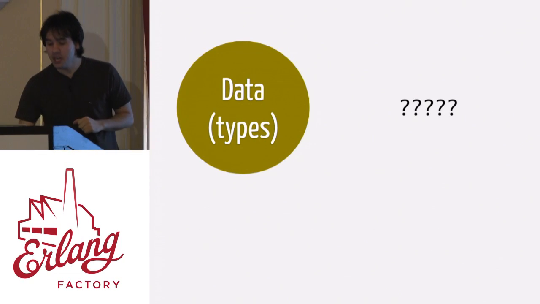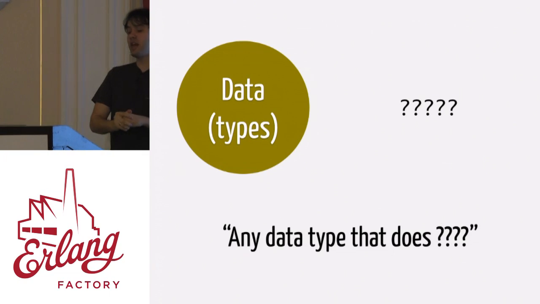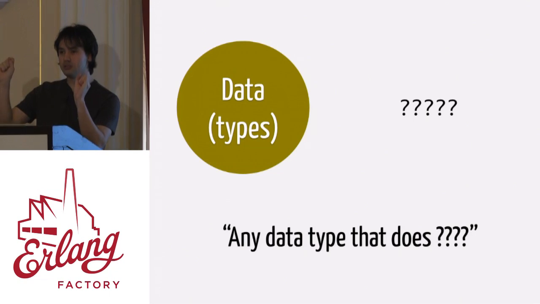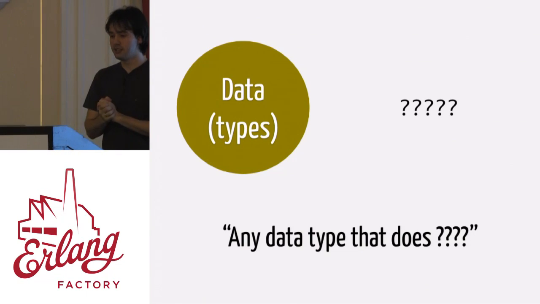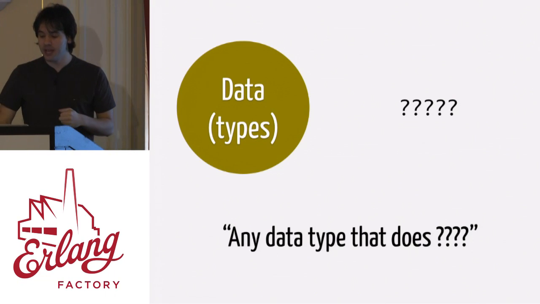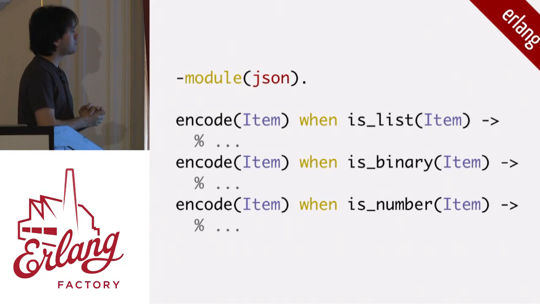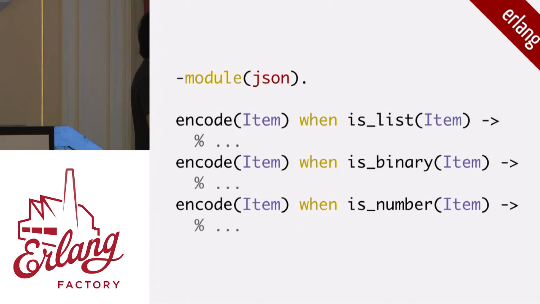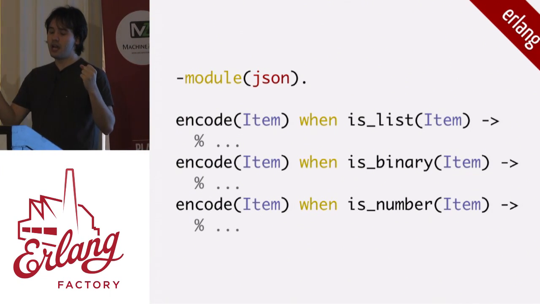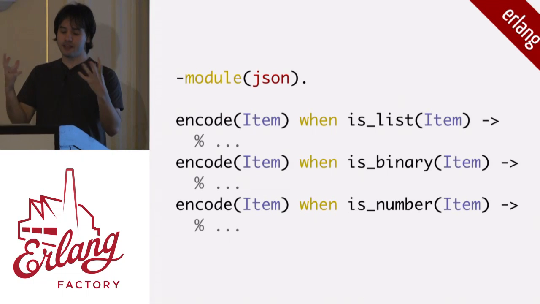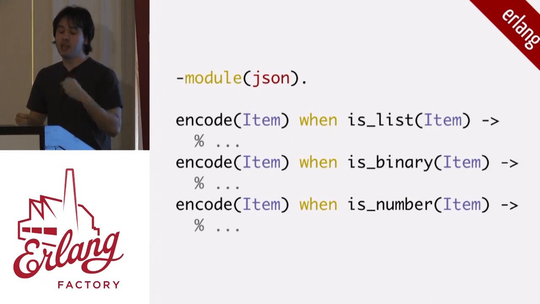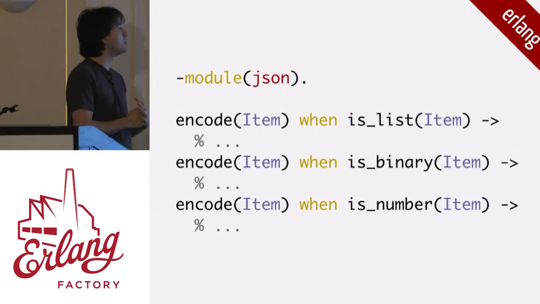We don't have a way to say, you can give me any data type you want as argument as long as this data type does X. We don't have this X. And one example of why this is useful, and I like to use a lot, is the JSON example. Everything you need to serialize or traverse any kind of data structure is where this polymorphism becomes really useful.